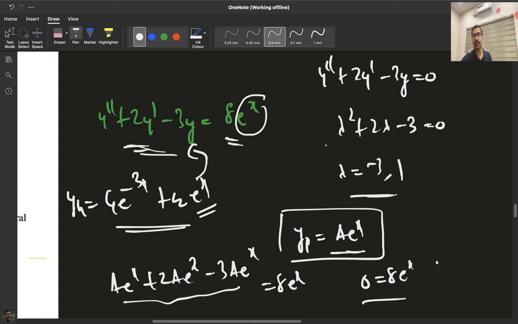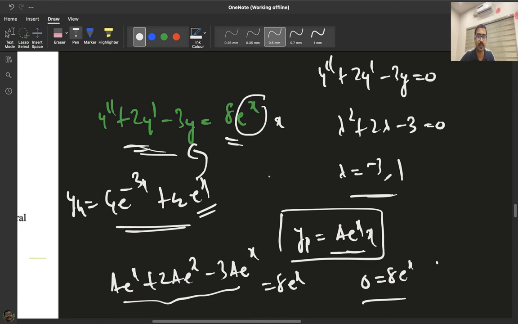So in order to prevent it from going to 0, what I will do is that, since e raised to x is a solution, I will just put an x here so that it doesn't become 0. So in cases where your RHS is actually a solution to the homogeneous equation, you will put a factor of x to prevent them from becoming 0. That's one idea.